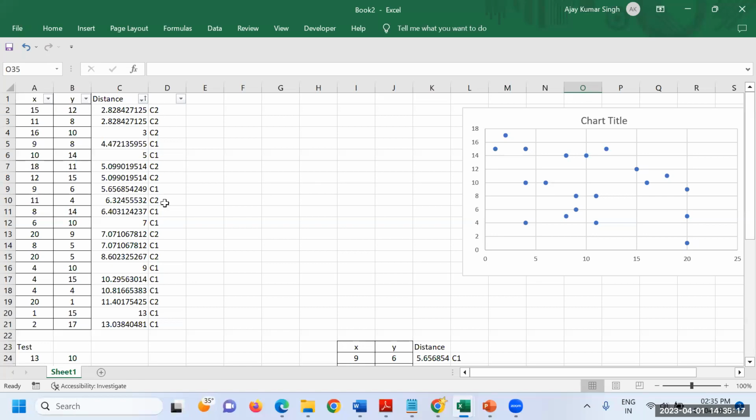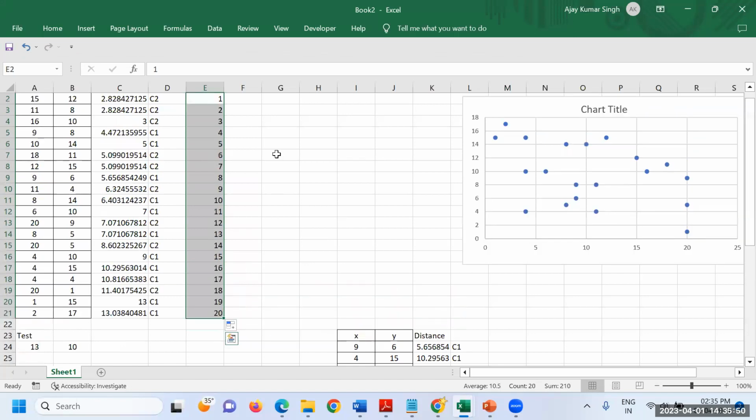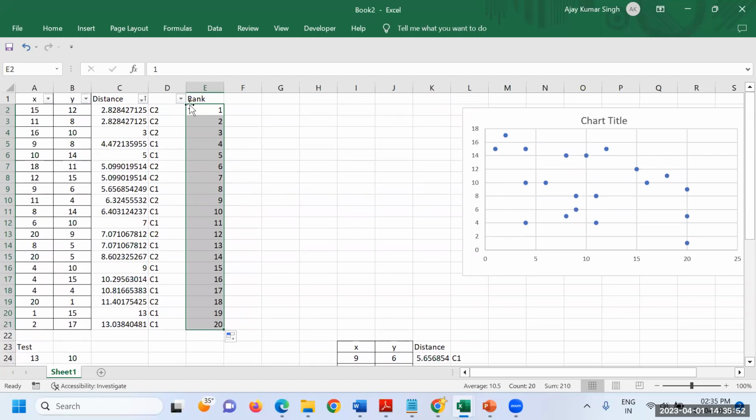Okay. Now, the next step is that we are supposed to put some sort of a ranking here. So I'm going to put the rank over here. That is 1, 2, 3, 4, and so on, because I want to take the value of k. Sometimes 3, sometimes 7, based on this rank we are going to take the value. So we have to convert it into 1, 2, 3, 4, isn't it? So this is the rank.